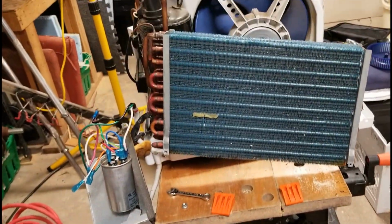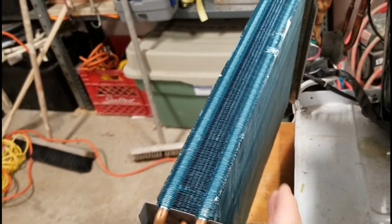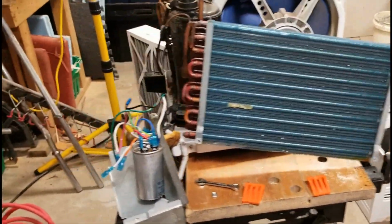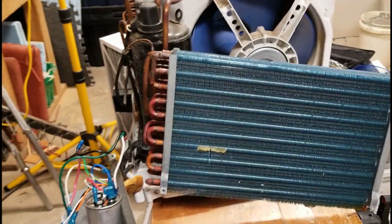The other thing I'm trying to debate is which way to put this coil. It would be pretty easy to take this coil and just bend it down a little bit the way it is now, and just bring a cooler up almost level with this. That would work fairly well. But I am an HVAC mechanic, and I just thought about where the refrigerant might go,